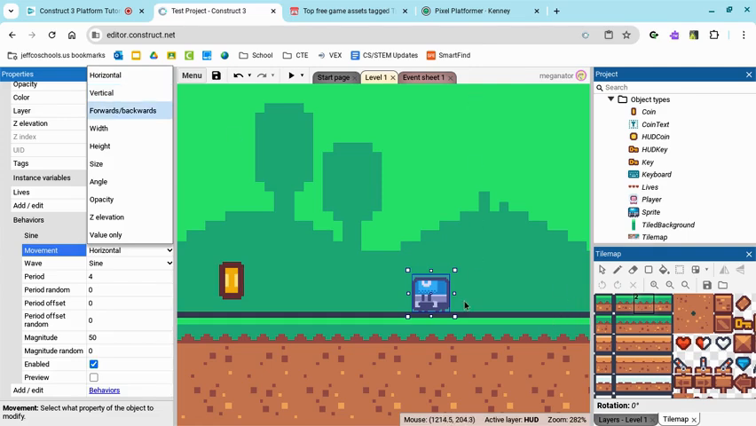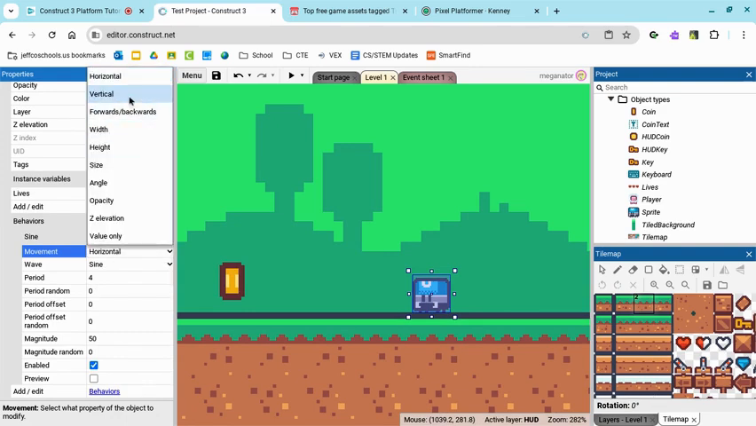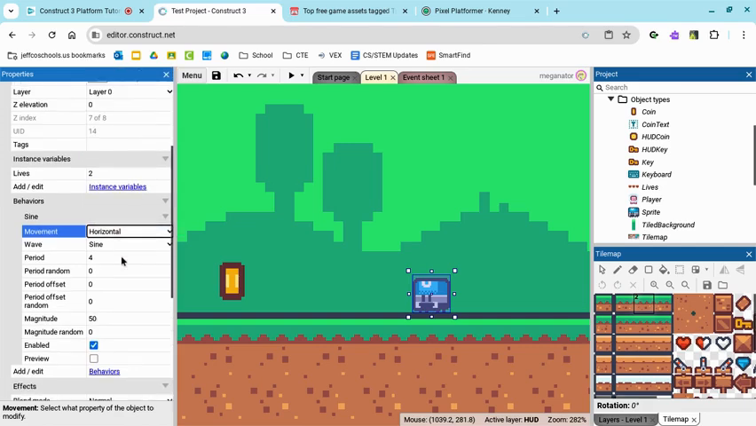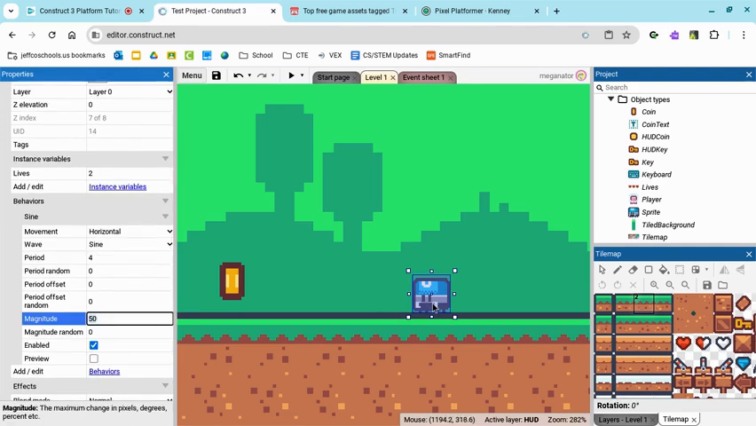So if we want like a bat that flies up and down to cover an area, you can change this to vertical. You can also have something shrink and grow by changing size. You can have it spin back and forth, whatever you want. There's lots of options here for sign, but I'm going to stick with horizontal. So the period is how long it takes to go back and forth, and the magnitude is how many pixels it goes forward and then backwards. So right now it's going to take 4 seconds to go forward 50 and then backwards 50 from this center